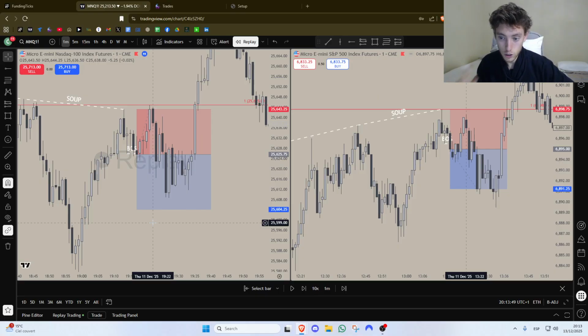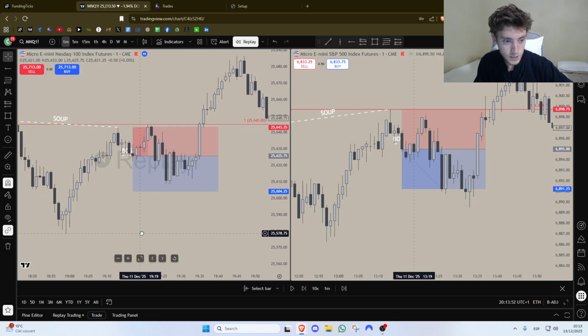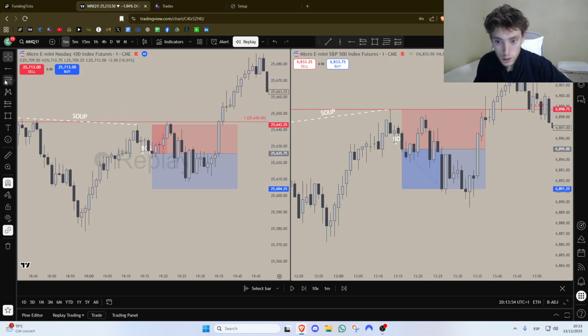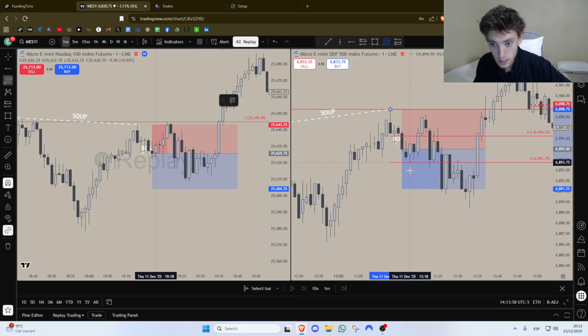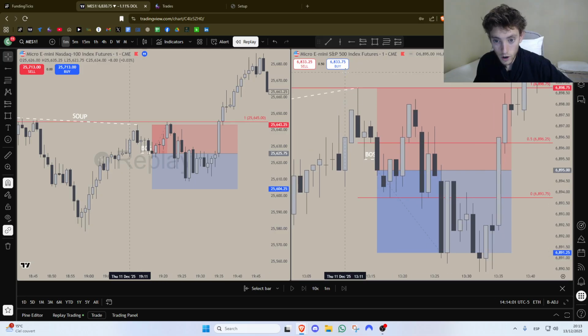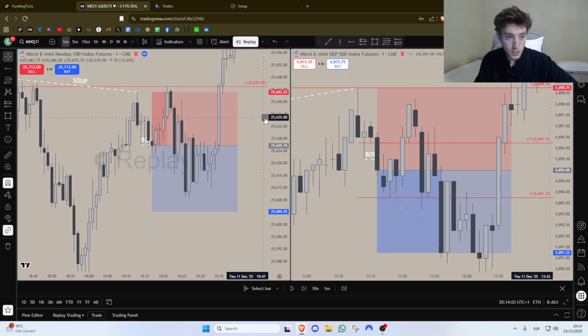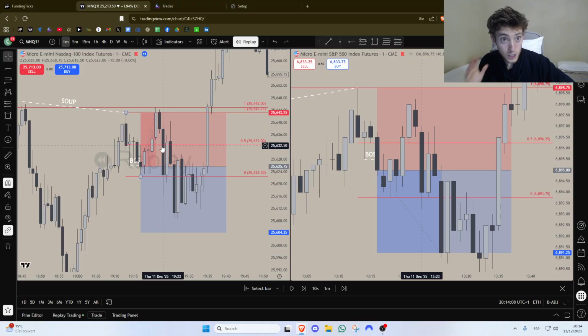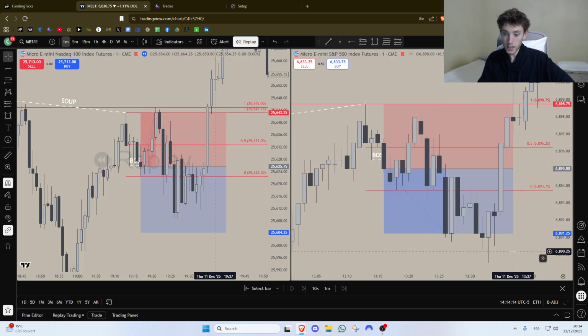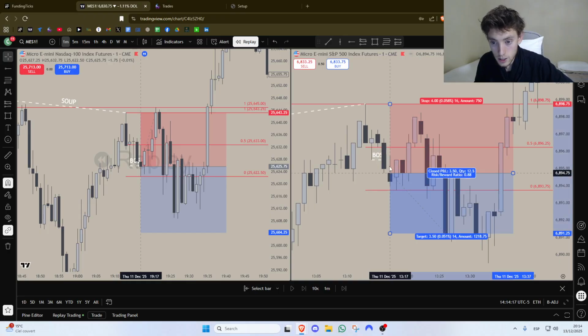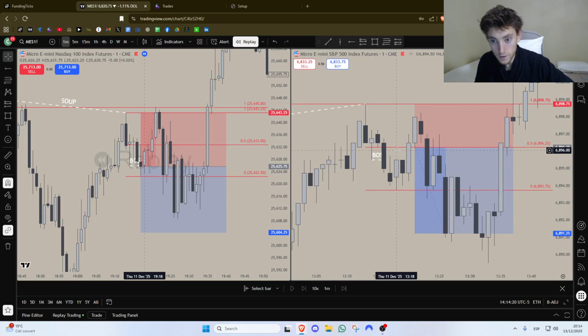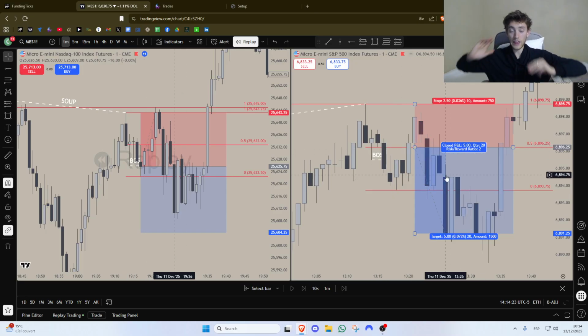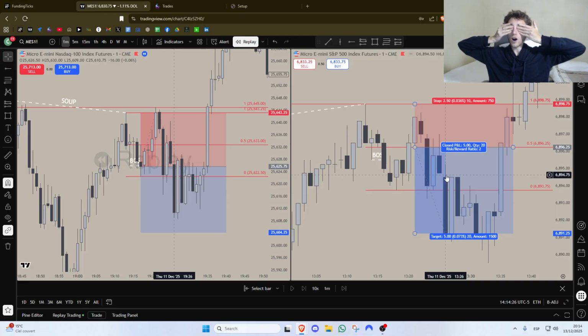One small thing though that I do want to start doing, I don't know if it's skipping steps, but I want to start entering on a 50% retrace of the break of structure from the soup. So essentially from the break of structure low, I've noticed that this week at least we've retraced. So instead of targeting a 1-to-1, we put our entry at the retest of the 50% and we get a 2-to-1, and that would increase our profit factor insanely if we keep the same win rate.